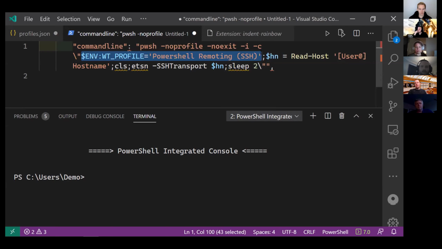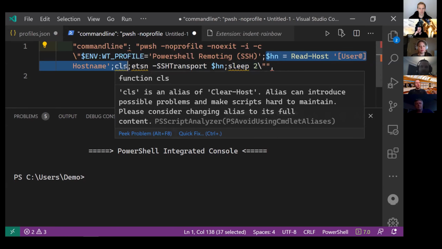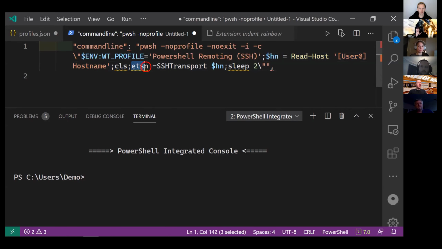This is something that they're going to fix in the next release, but for now I kind of have to have this workaround. But all it does is basically it calls read host and brings up that prompt that you saw, and then does a connect PowerShell session using that host name, and then waits a little bit just to prompt it. So again, just a real simple script, nothing fancy, just a little one-liner, but it facilitates doing this PowerShell remoting